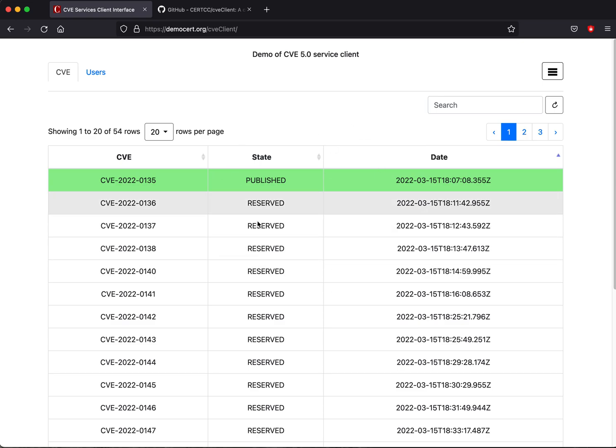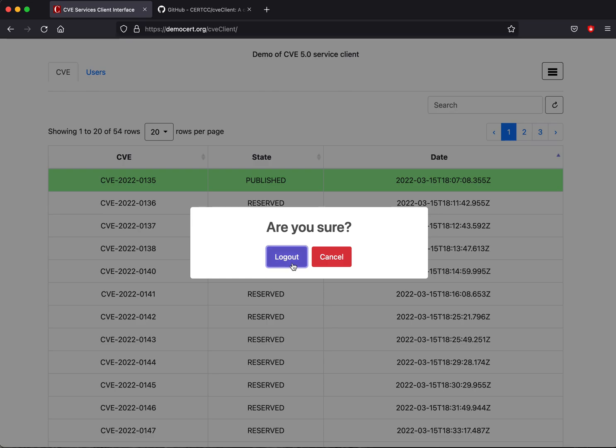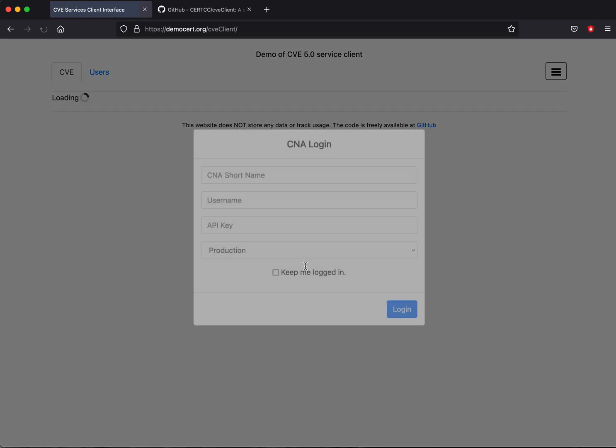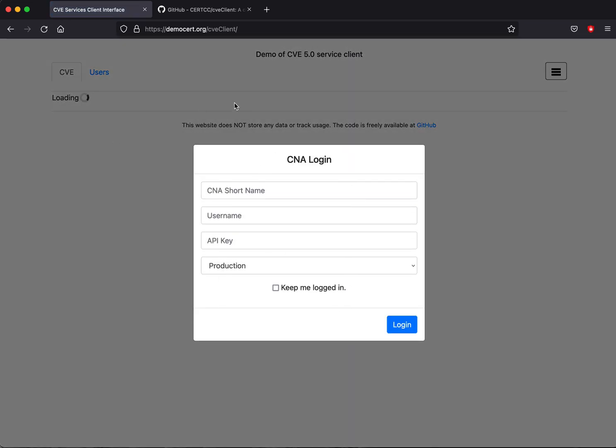If you're concerned about your credentials sitting on the browser, you can always log out. There's also an option to disable encryption if you have any problem with your browser not being able to do encryption due to any plugins or any way you block capabilities that allow for encrypted data to be stored and retrieved from your browser. You can disable the encryption if you have these errors. To log out, you just hit log out and it asks for a confirmation, and then when you log out, you're back here. All your credentials have been